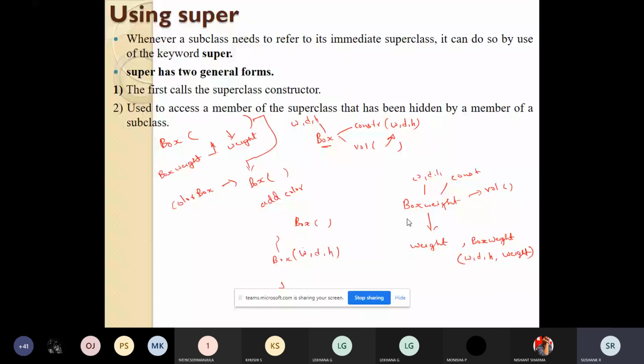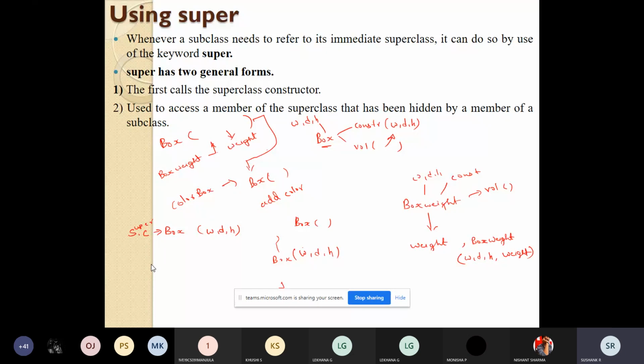Okay, so this is my super class, called box. It contained width, depth, height. Now I can create more specific subclasses.